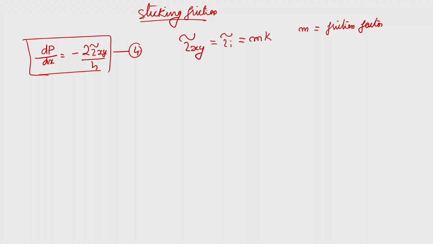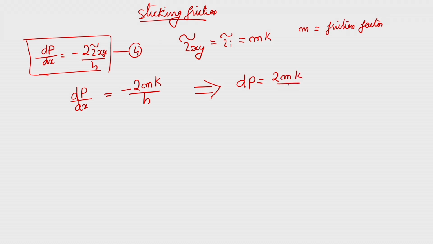From this, if you assume that tau xy is equal to m k and substitute it into this equation, you will find that dP by dx is equal to minus 2 m k by h. From this we can arrive at dP is equal to 2 m k by h into dx, and we know that the value of k is equal to